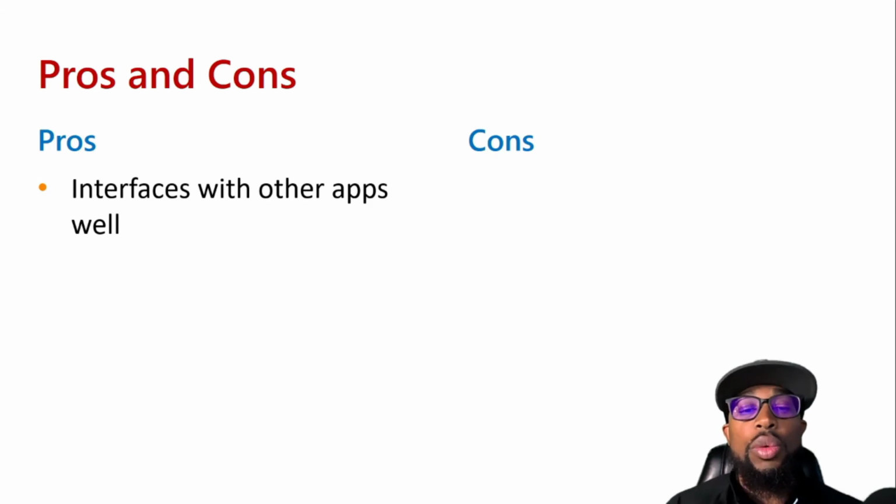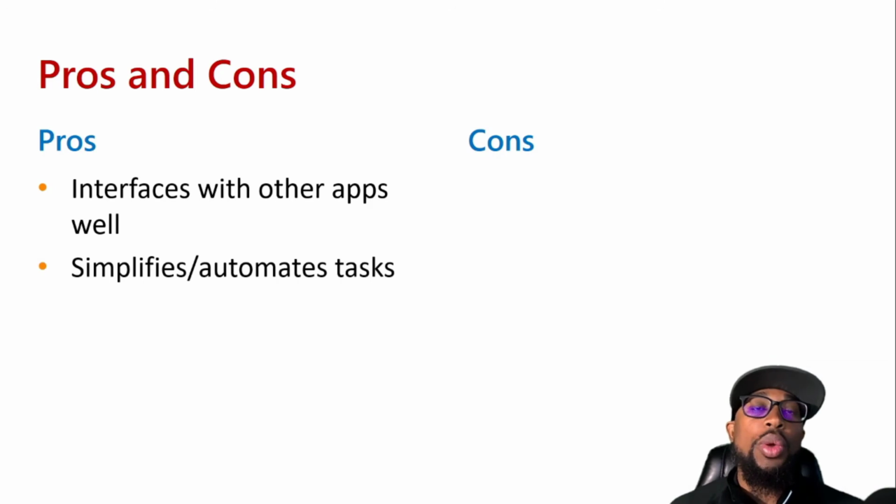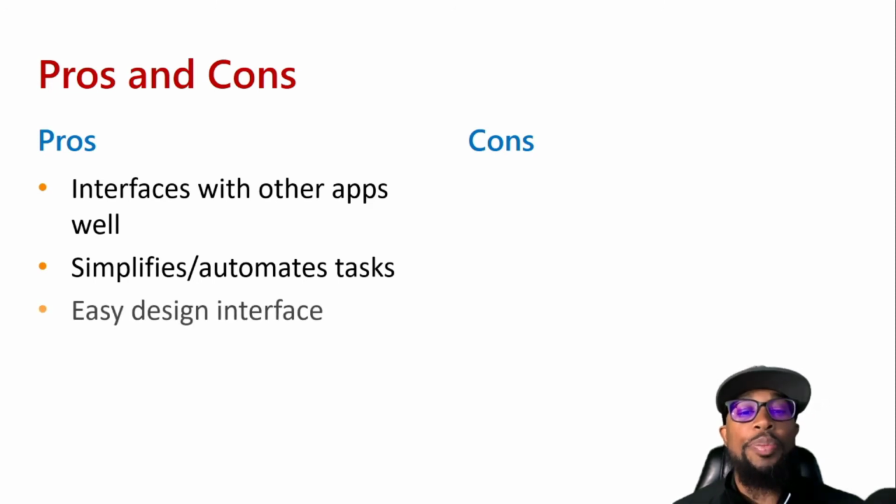So it showed an easy interface with other apps. We were also able to simplify and automate tasks. We were able to create an automated functionality based on a value in Power Apps to send a text message to our end user, or to our recipient of a package in this case. And it's easy design interfaces. You can see in order to do something like that, I only had 2 workflow items on my canvas. So from a flow perspective, it's just drag and drop,